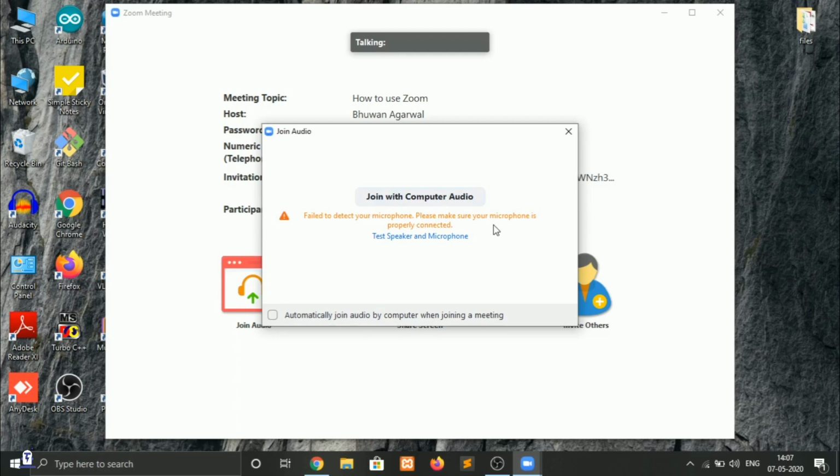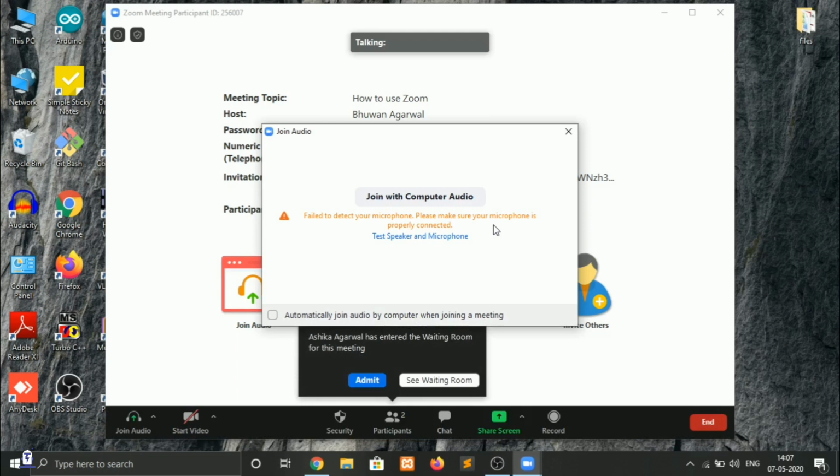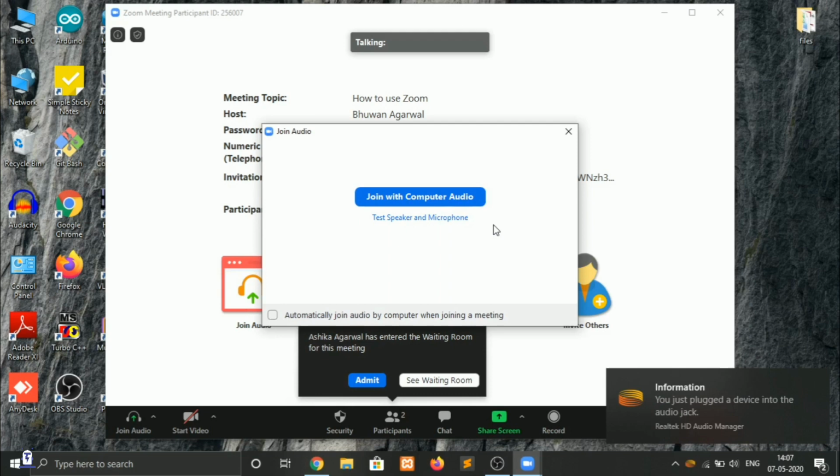Please make sure your microphone is properly connected. I have not connected any earphones to my laptop, to my PC. So now I will connect earphones and you will be able to see that this error has gone. Okay, now as I have connected my earphones, that error is not showing. Now I will click on join with computer audio. If you want, you can test your speaker and microphone.